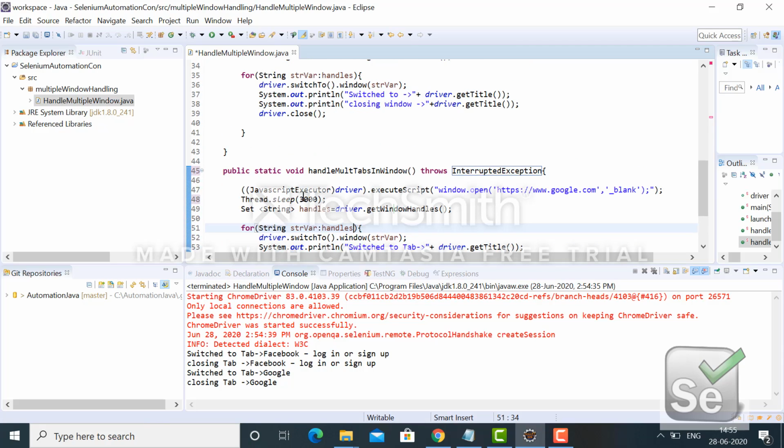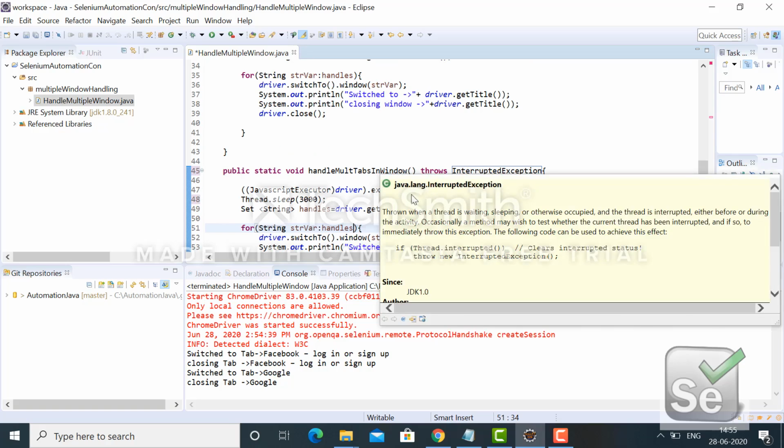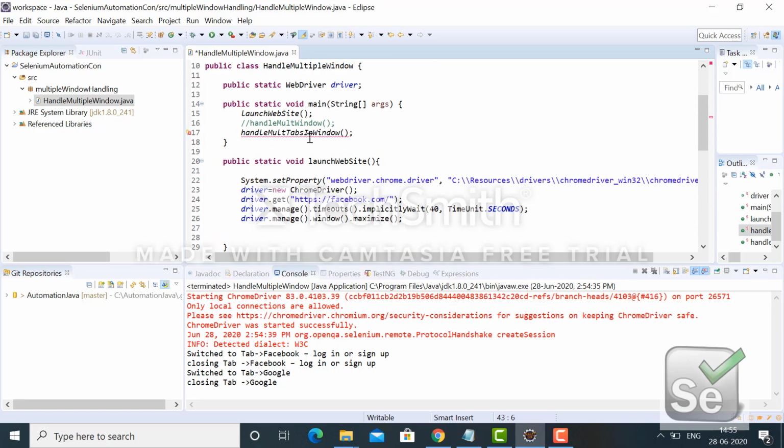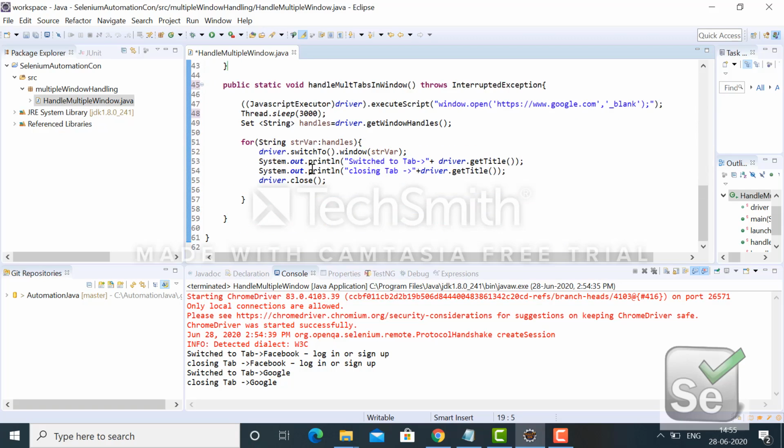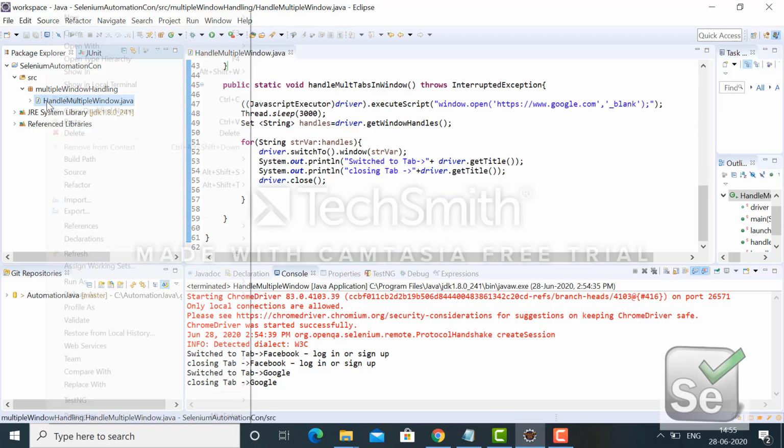This Thread.sleep throws an exception, so I'm putting throws Exception over here, and there also I have to handle it. Then I will run it.